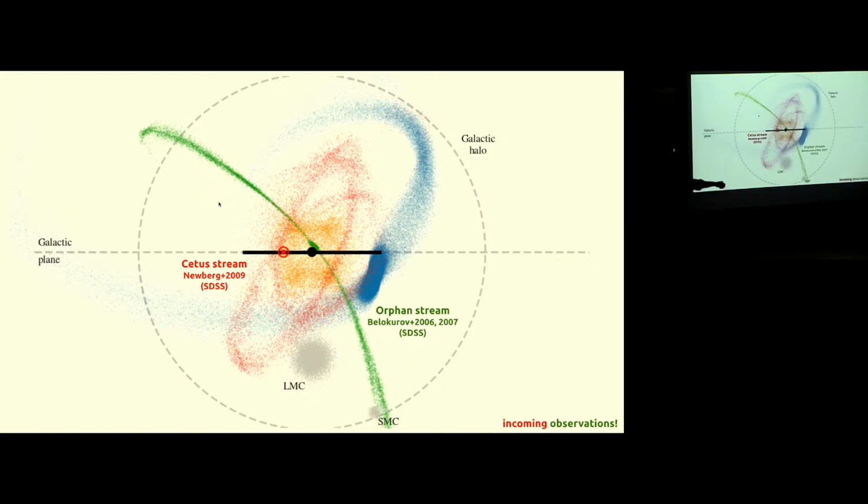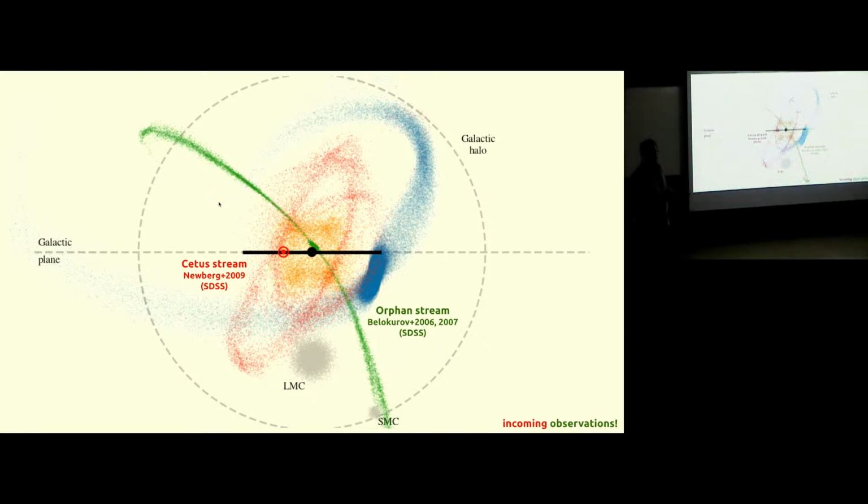Moving on, we go into the SDSS era with 2 new discoveries like the Orphan stream and the Sirius stream, which are in red and green right here. I don't have papers on this, but I have incoming observations next week with the Magellan telescopes to obtain, again, detailed chemical compositions of stars, and I think it's really important that we can actually do that.